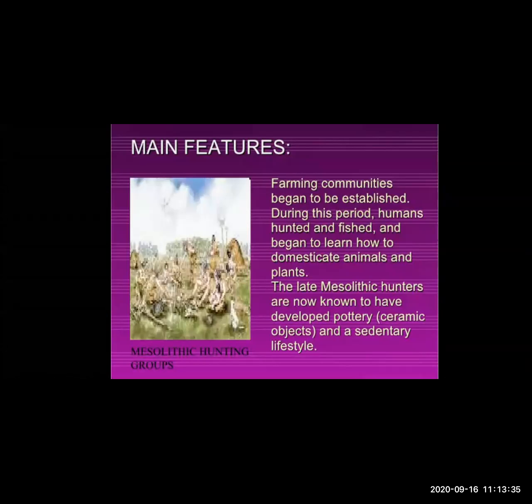They also learned how to keep different types of domestic animals, so that these domestic animals would help them. The domestic animals would be very helpful for them. So they started to keep domestic animals. They started to keep hens, because it would give them poultry. They also started to cultivate different types of plants. Why? Because the plants would in return give them different types of fruits, vegetables, and food grains. So they started to learn all these things.